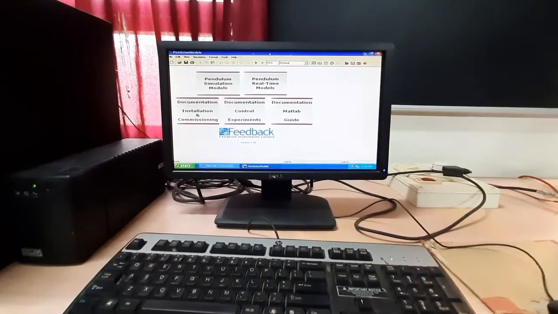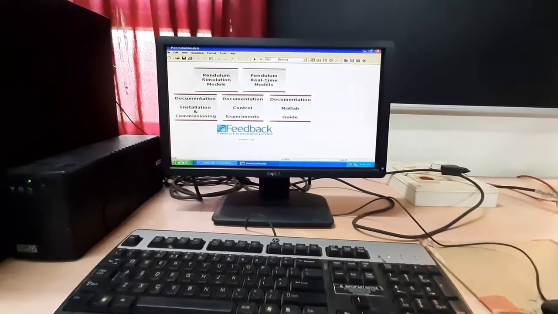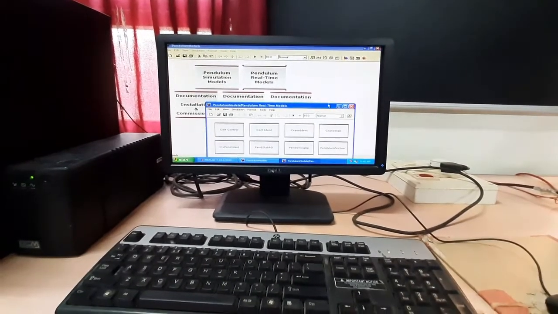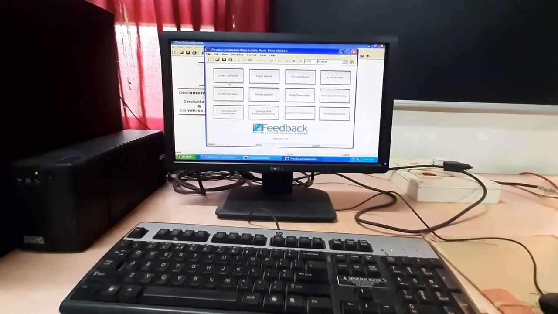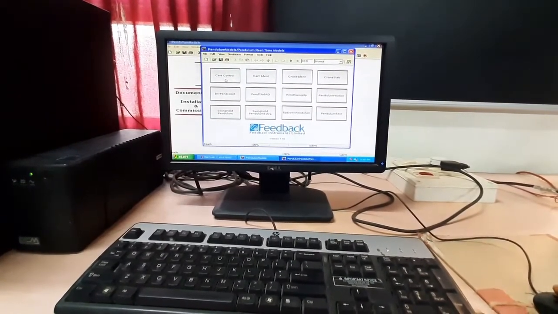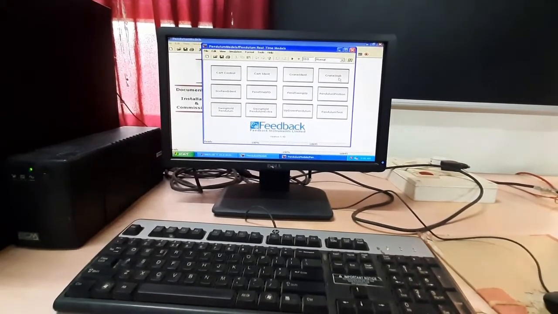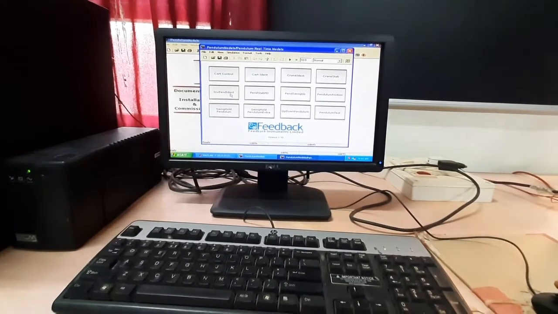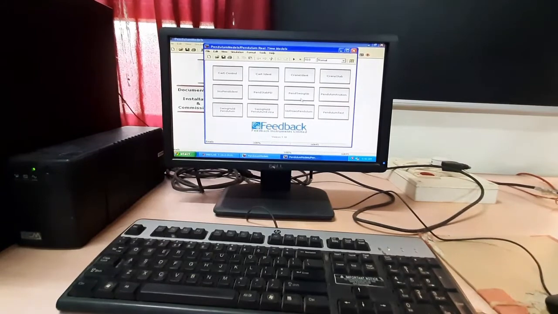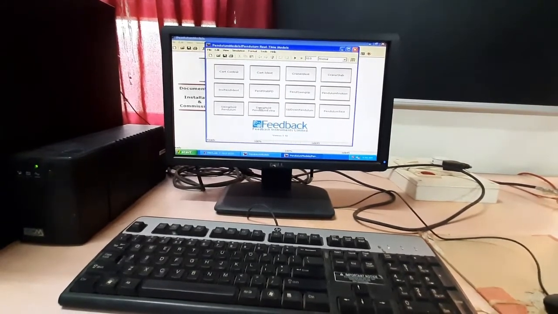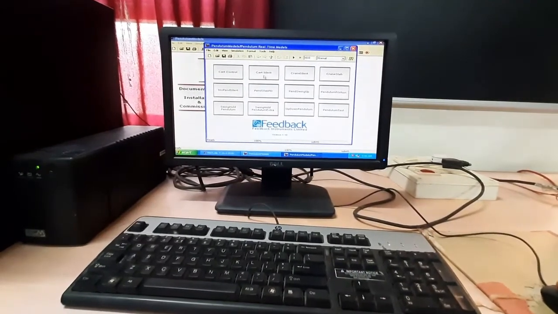From this tab we have to open the pendulum real-time models, where we can see a few icons: cart control, cart identification, crane step, inverted pendulum identification, pendulum stabilize PD, pendulum swing up, all these things. So first we will do our cart identification.